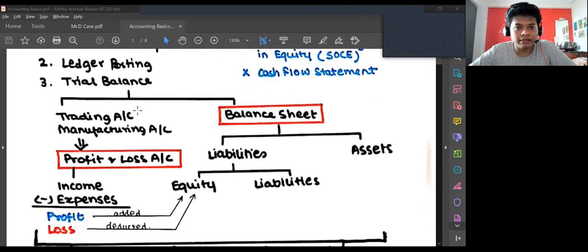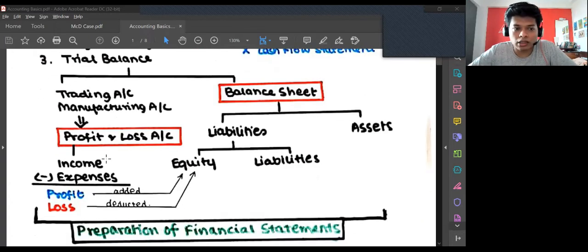Okay, so the basic thing is the profit and loss account. How is it created? In the profit and loss account, you have the income, like revenue from operations and other income, and then you have expenses. Expenses could be cost of manufacturing, purchases, changes in inventory, finance cost, depreciation, other expenses and so on. So the basic thing is income and expense, which will give you either profit or loss. If the expense is more than the income, you'll get a loss. If the income is more than the expenses, you'll get a profit.